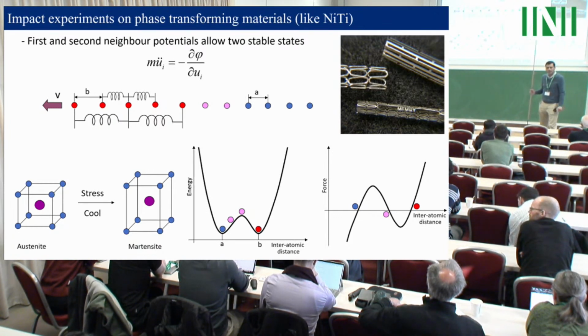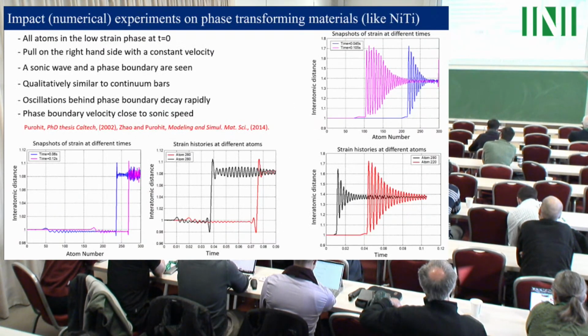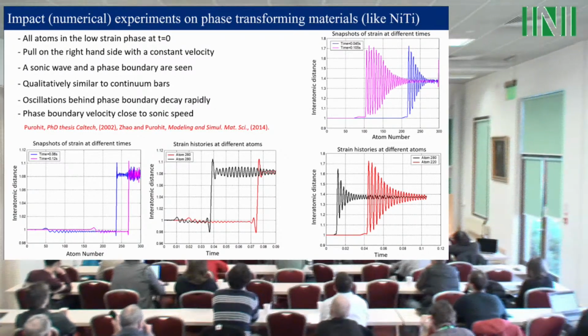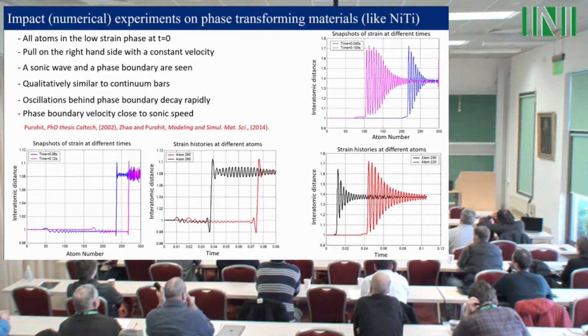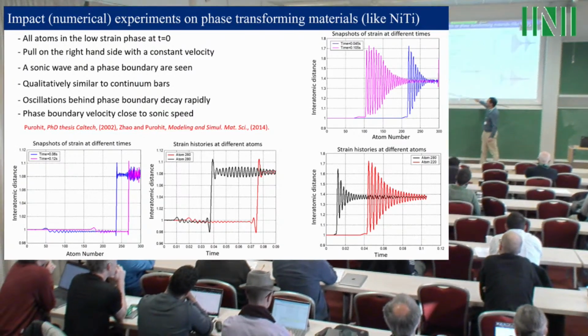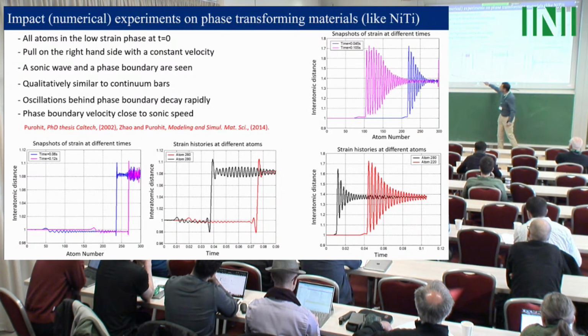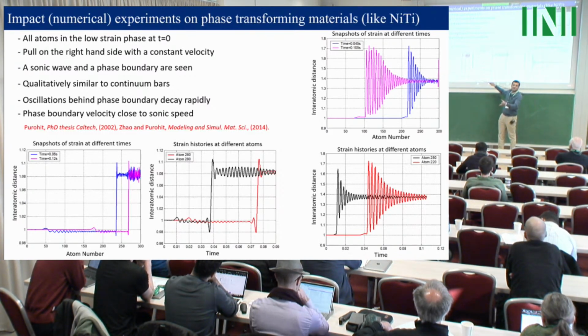Well, it changes the structure of the shocks. Yes, it does. Let me tell you what happens here. There are no shocks in that particular potential that I talked about. There are phase transition fronts when you go from one well to the other. I haven't tried to look in detail at the structure of these things. In the calculations that I did during my PhD and in subsequent calculations with students, these are usually just 1 or 2 masses wide, not more than that. It's very sharp, whereas these sonic waves going in front are spread over a few masses.